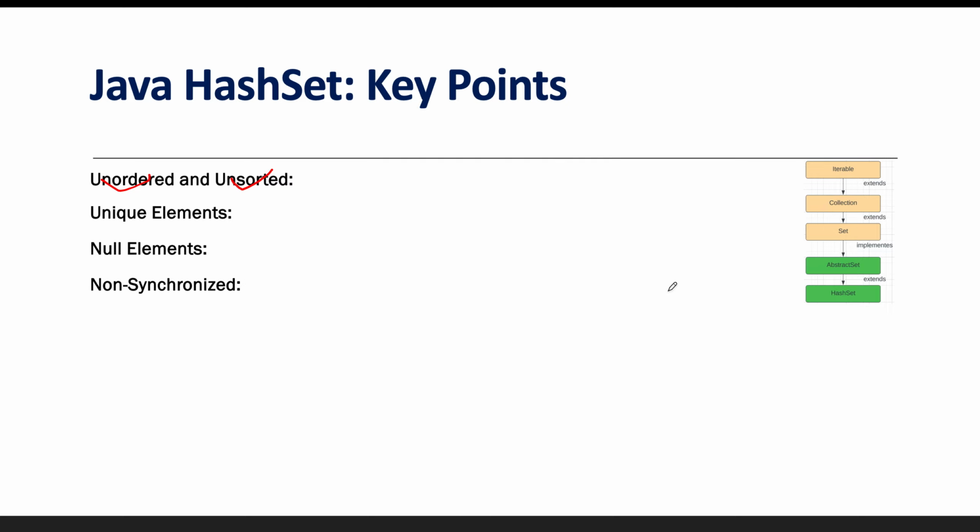If we want to use this HashSet inside a multi-threaded environment, Java has provided some built-in utility class with a couple of methods. Using that, we will be able to make the HashSet thread safe. We will see this as part of the multi-threading concept, but yes, there is a method using which we can convert this HashSet to thread safe.